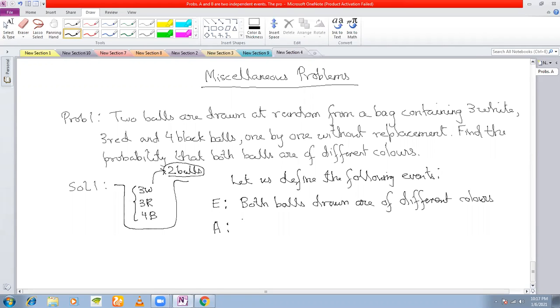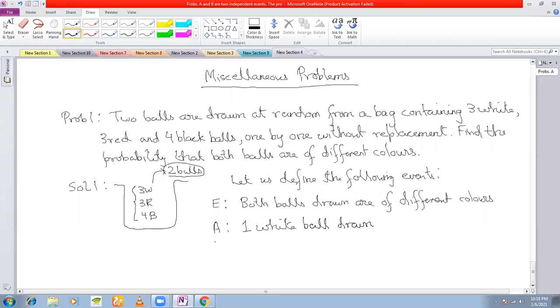So if I define the event A as one white ball drawn,